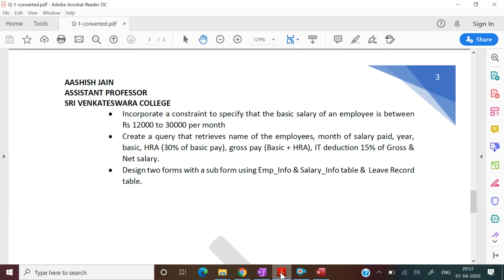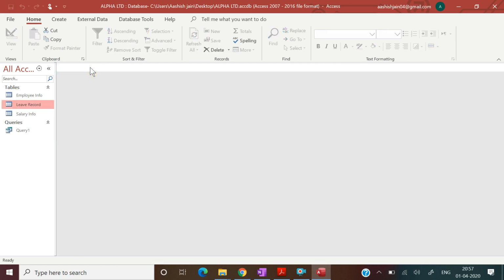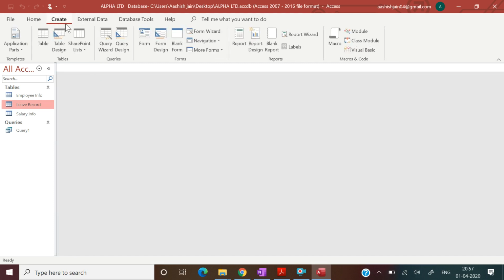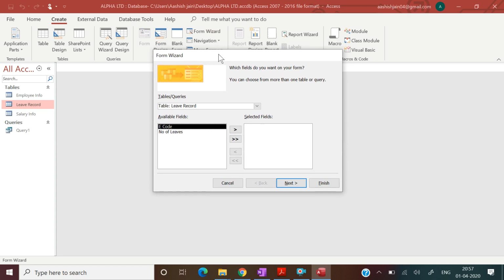Now last one is we need to create a form. Now how to create a form? First Ctrl plus S to save this query. Okay, now create a form. We need to go to create, and then here you can see form wizard. Go to form wizard. This dialog box will open.